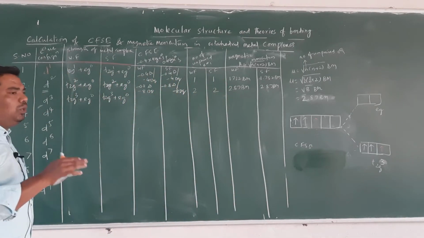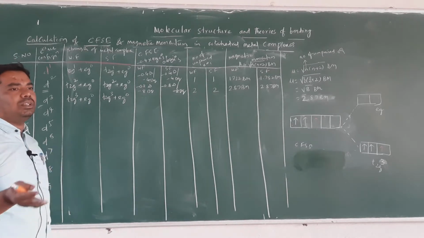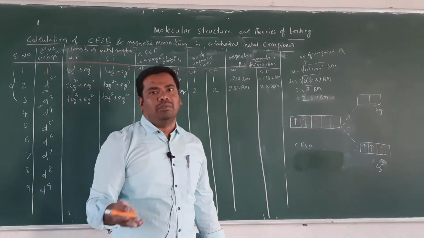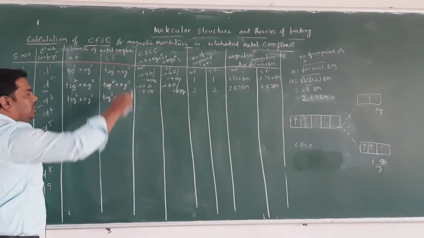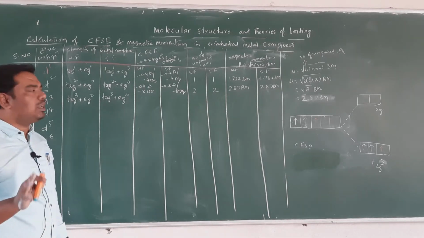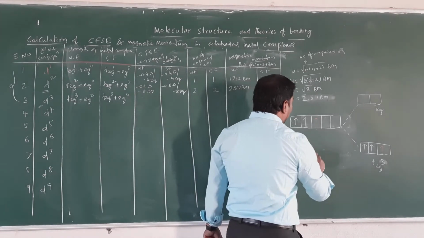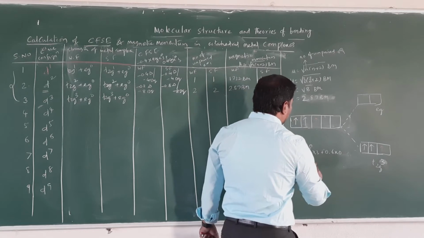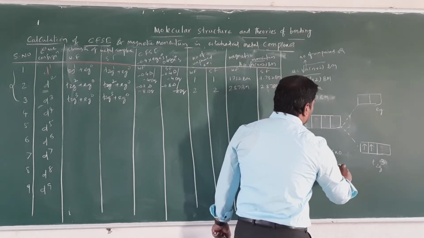Okay, so if you know the D1 to D3 electronic configuration of weak field metal complexes, there is no need to calculate for strong field metal complex, because for these configurations the CFSE values, magnetic moment values and number of unpaired electrons are the same. Clear, student? Right, here that is minus 0.4 into 3 plus 0.6 into 0. So that is equal to minus 1.2 delta or minus 12 dq.